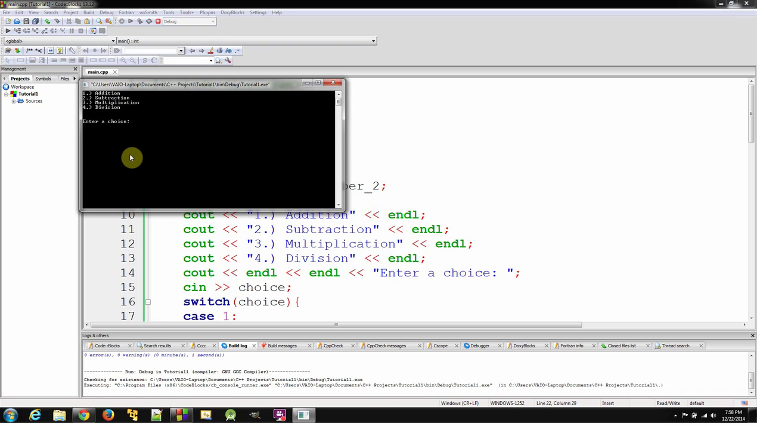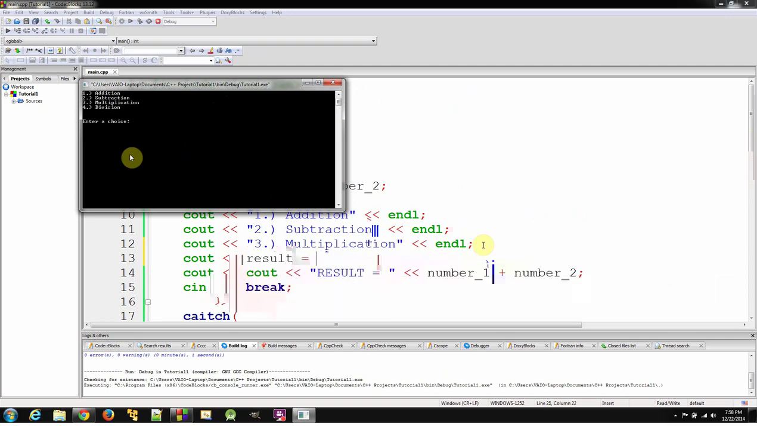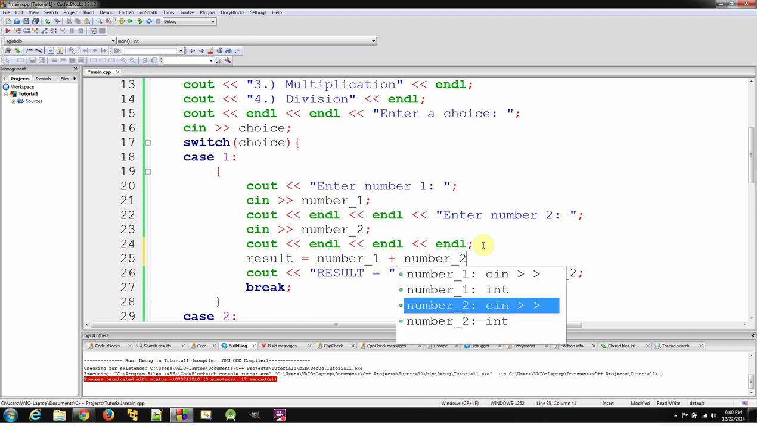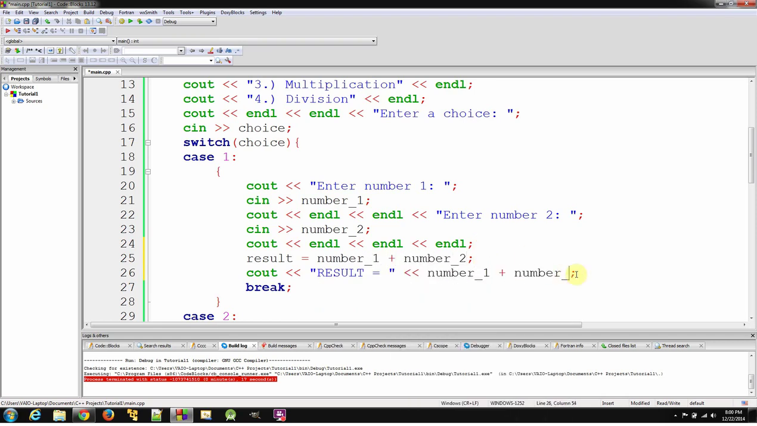equals, here you could say result equals number 1 plus number 2, and then say result equals